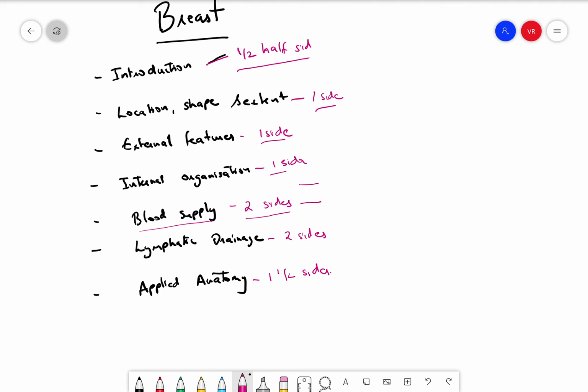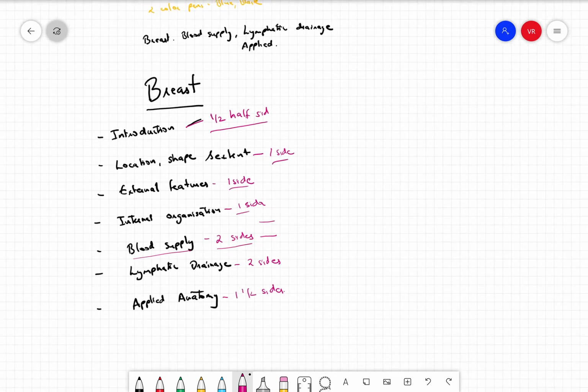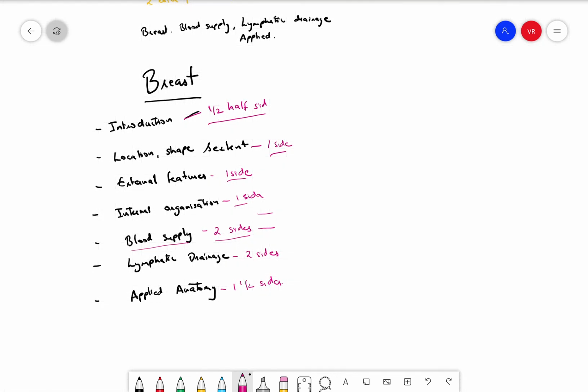And finally, applied anatomy, you can write about PD orange or fibroadenoma or anything related to breast. You can just put that down. So this is how you need to structure your answers. And if you want to score extra marks, you can use good handwriting, highlight important points, and finally,